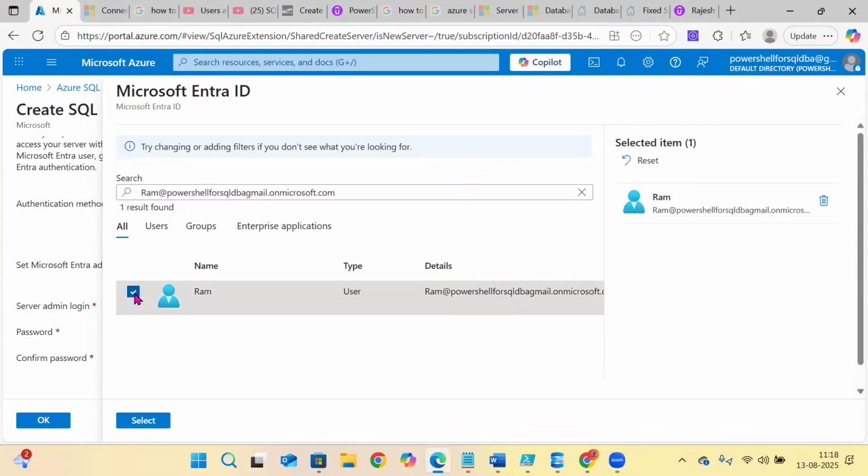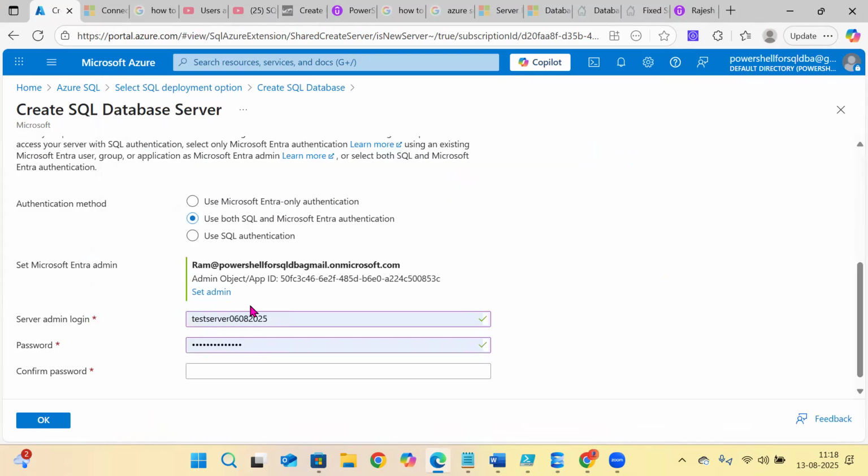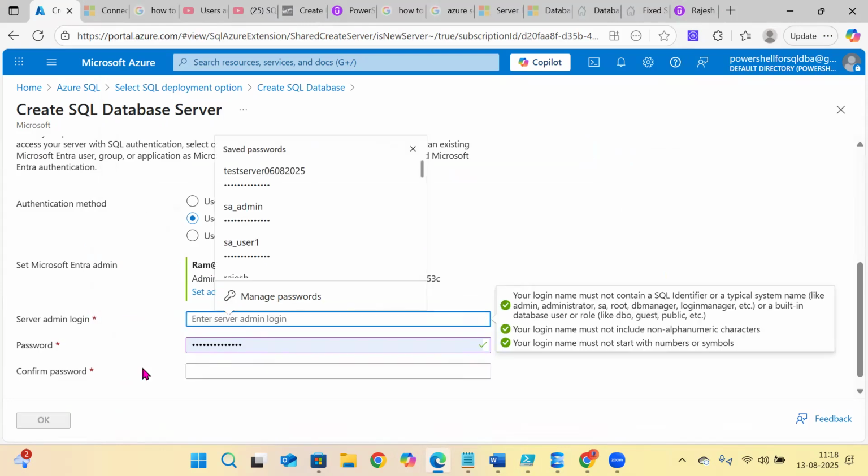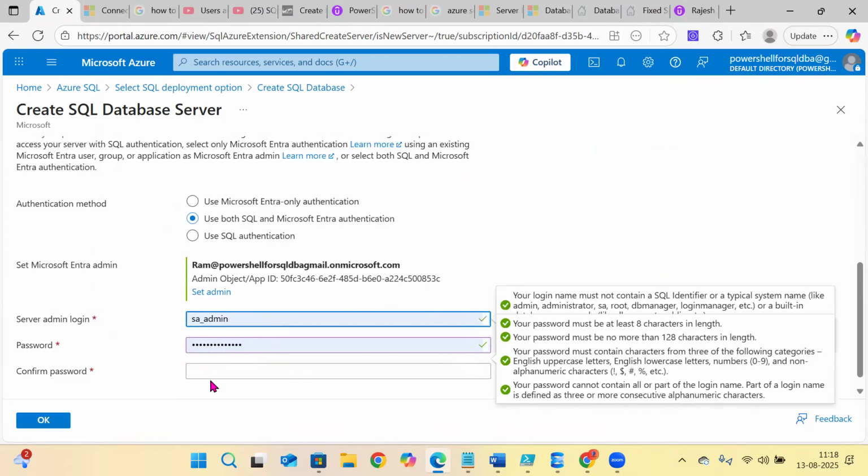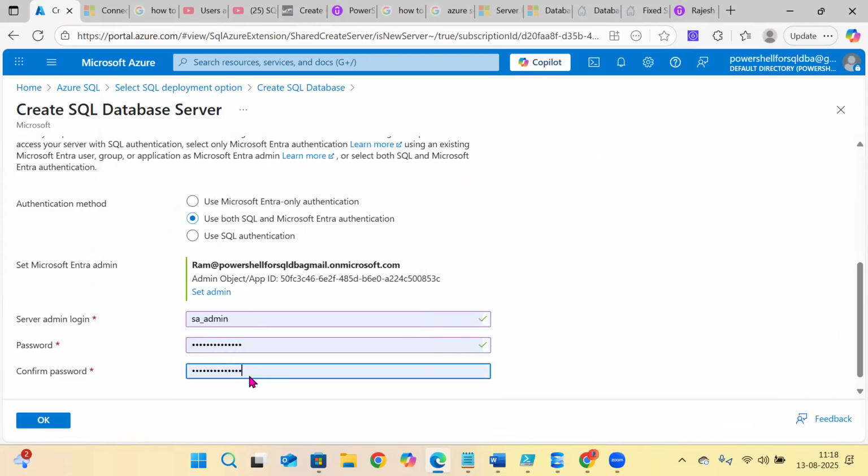So it is going to appear. Just select it, select the option. So what happened? This account is set as admin. And for the SQL login, I'm going to give this as an admin. This is my password. Okay, and I'm going to hit on